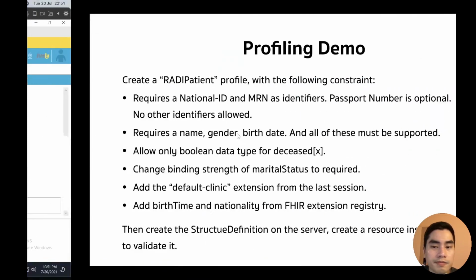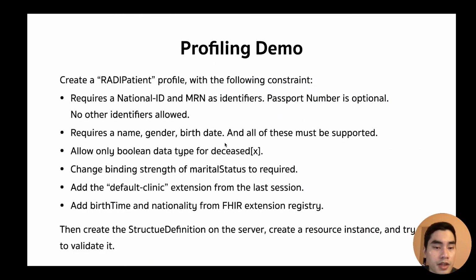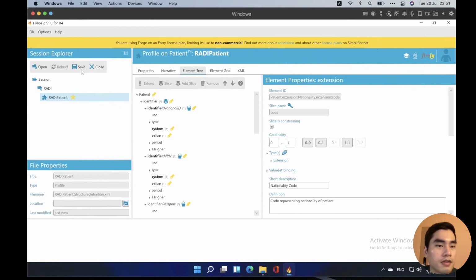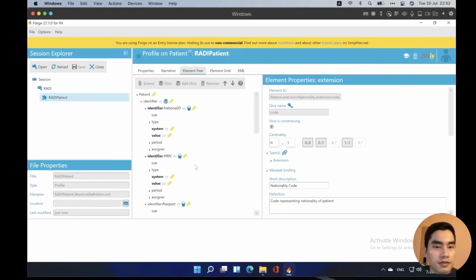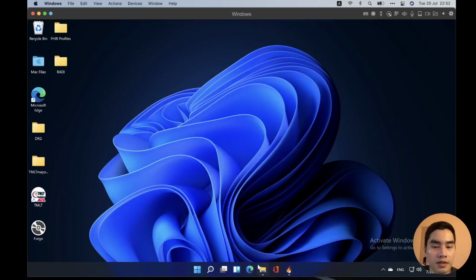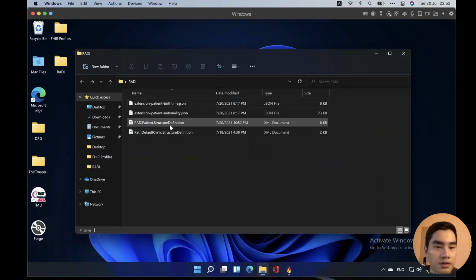I think we already finished everything, and we save it here. I can save it to JSON actually, but it's okay. XML is XML. So it's the patient.